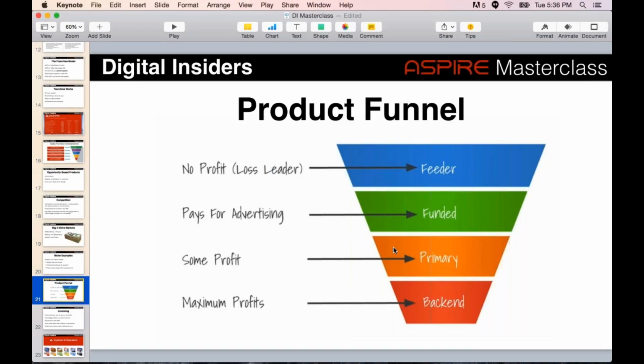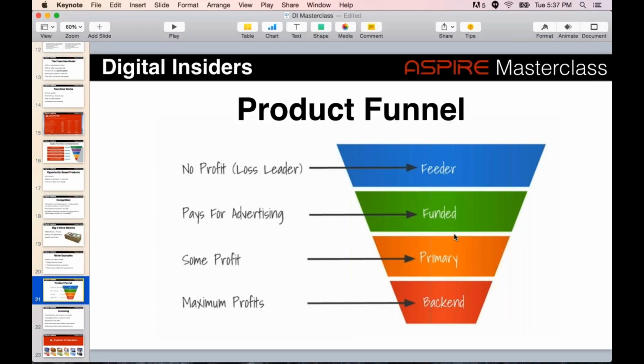Then you have your primary products. Now these are products that are actually generating profit for you because you have these other products that you've already sold that are lower ticket items that are paying for the traffic. Now at this point, when somebody gets to this product, once they're at this point in your sales funnel, the traffic's already been paid for. Getting them to that point's already been paid for. So all the money that you make here generates profit for you,